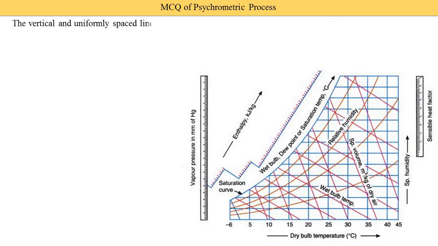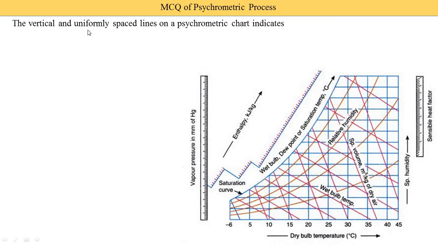So a clear understanding of the psychrometric chart is required, and if you want to study the various types of lines on the psychrometric chart, then I put the playlist on the top right of your mobile screen under the eye symbol. When you click on the eye symbol, various playlists open. So open the psychrometry and psychrometric process playlist, in which one video is available, the various lines on the psychrometric chart, in which I clearly explain every line by using separate psychrometric charts, so you can clearly understand it.